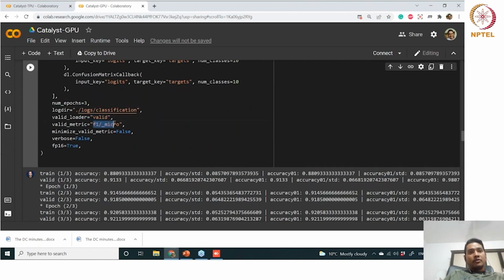Now you can also support different validation metrics. Okay, so micro averaging and also weighted averaging, it supports F1 by these metrics.